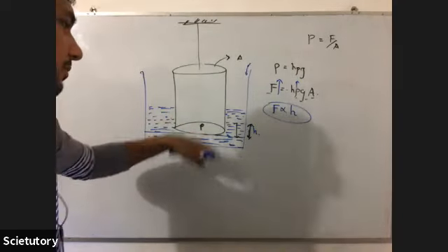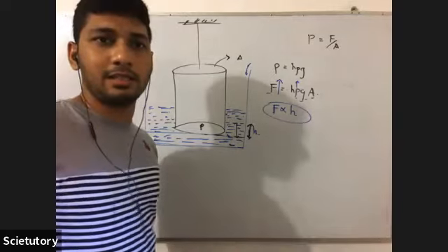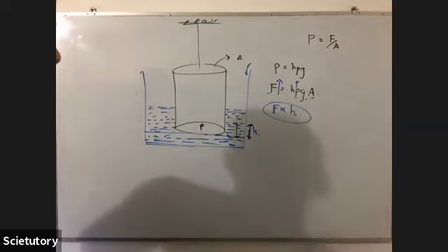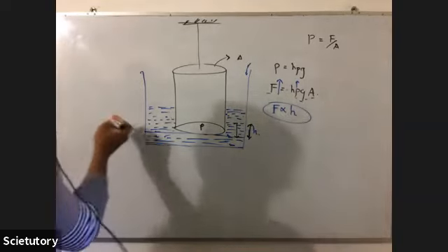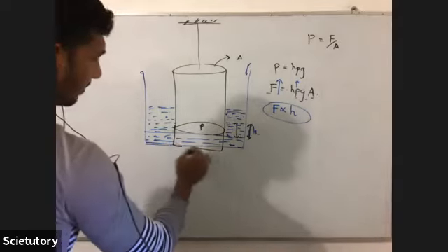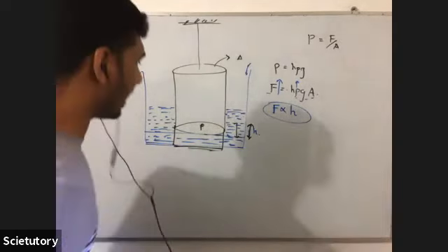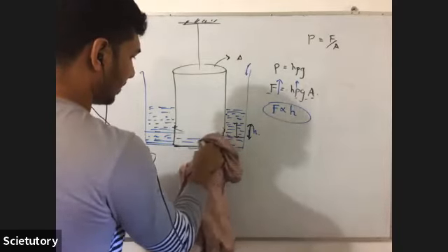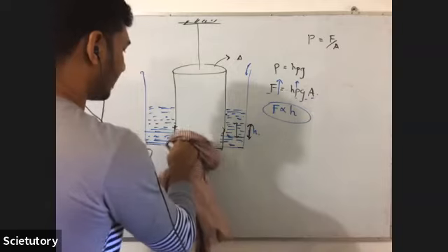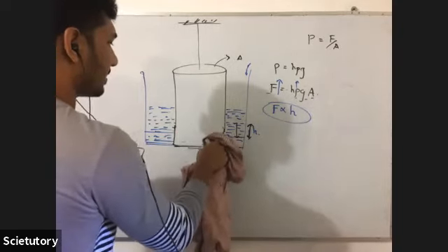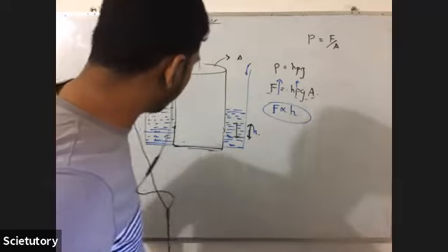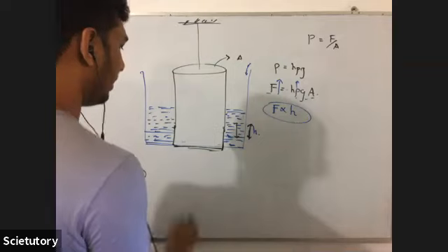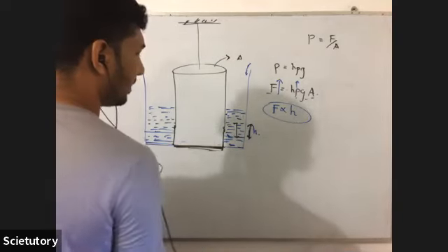Okay, the bottom part is wet. It does get wet. What will happen when you attach this to that thing? So I'm changing the diagram. Not a new diagram, I'm just changing the diagram. So what will happen if you attach so that the lower surface does not get wet? Will there be a force like this? No, 0. No, there will not be because the water is not in touch with this.